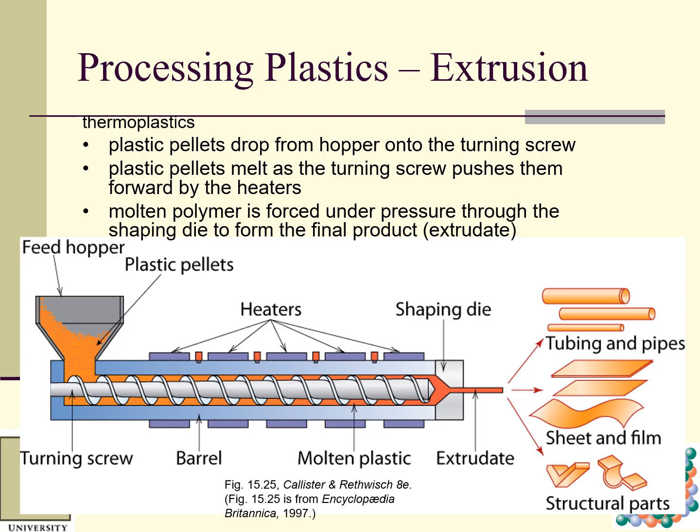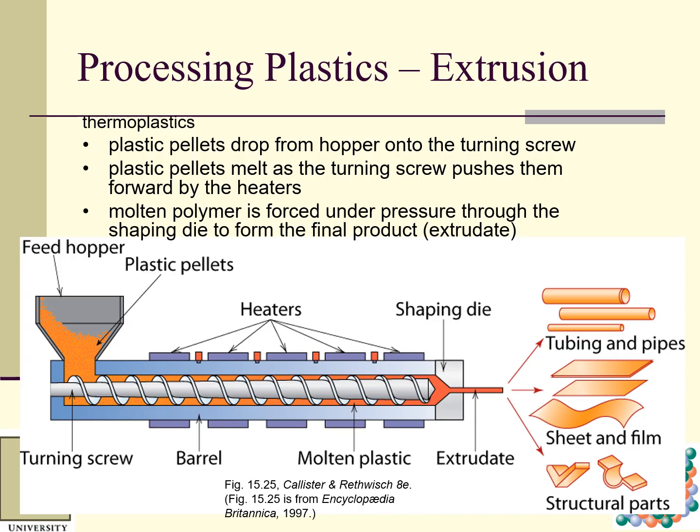And then we call it another way. One is extrusion. So this is extrusion. For thermoplastics, plastic pellets, still very small pieces, drop from a hopper onto the turning screw. When the screw turns, these pellets are fed from here to here. And so plastic pellets melt as the turning screw pushes them